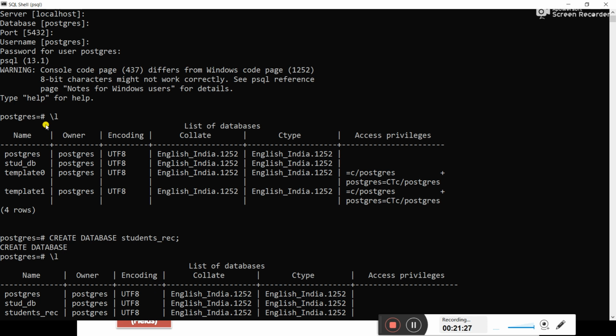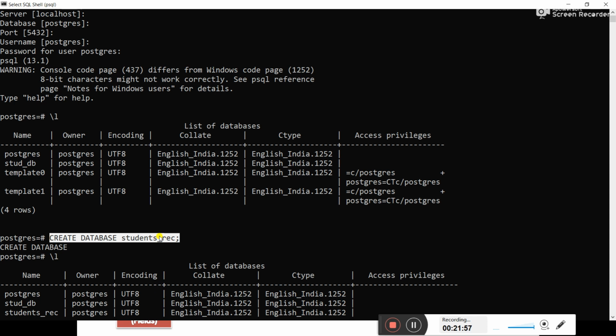To create a database, we use the create database command followed by the database name. The name of the database here is students record. So create database followed by the name of the database, and press semicolon and press enter.